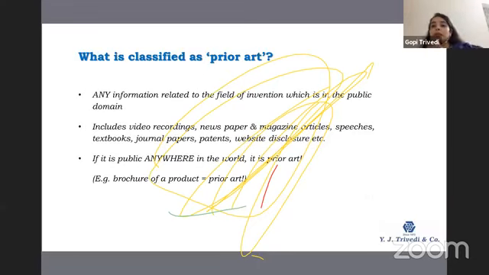Now, what can be a prior art? Any information which is in the form of electronics or in the form of text or paper media, but which is published or used or documented prior to the filing of our invention or prior to development of our invention. These all shall be considered as prior